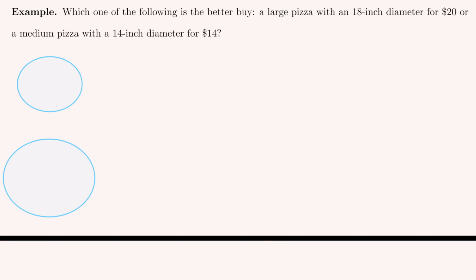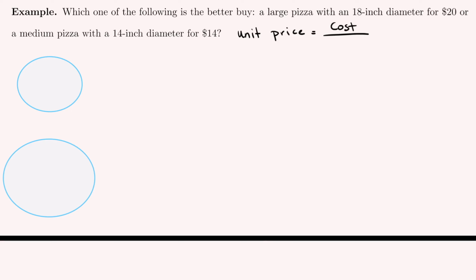So whenever we're comparing prices of different sized items, we need to think about the unit price. And this can apply in all sorts of shopping situations where you're considering different prices for different sized items. Unit price will always be the cost divided by whatever you're scaling it against. So for instance, if I was comparing a 5-ounce can versus a 10-ounce can, I would do cost divided by